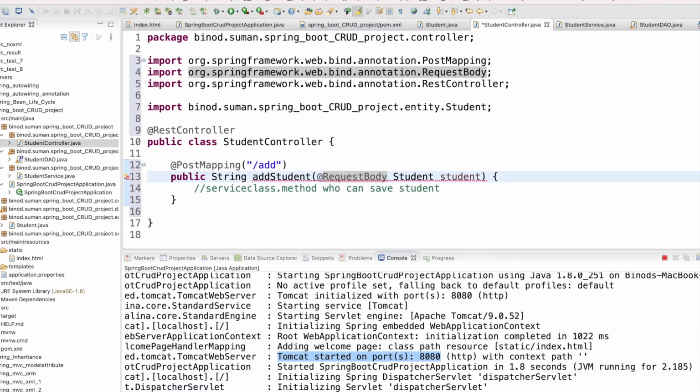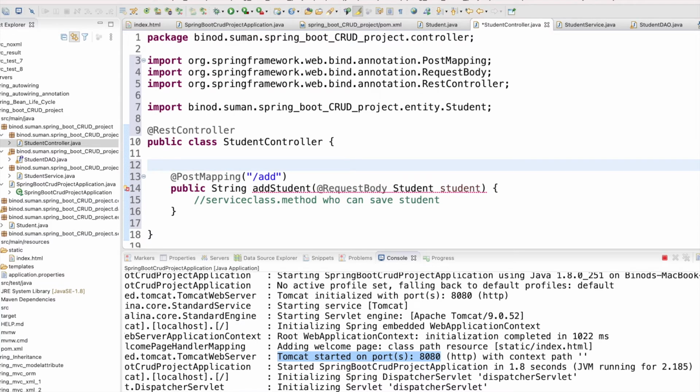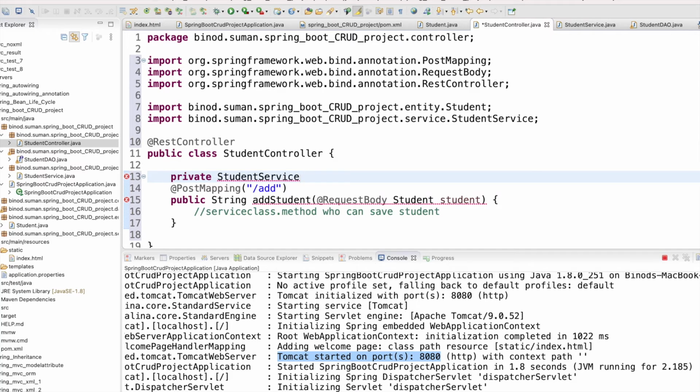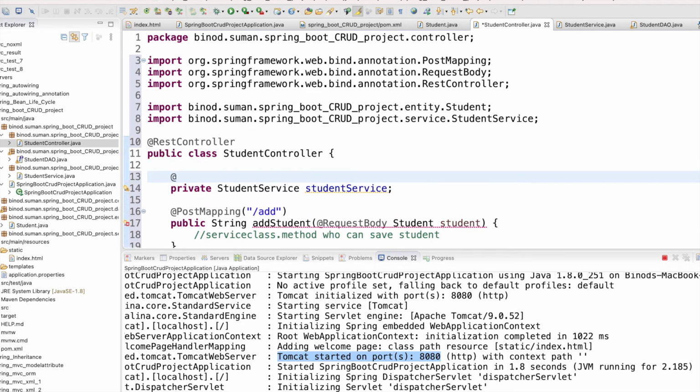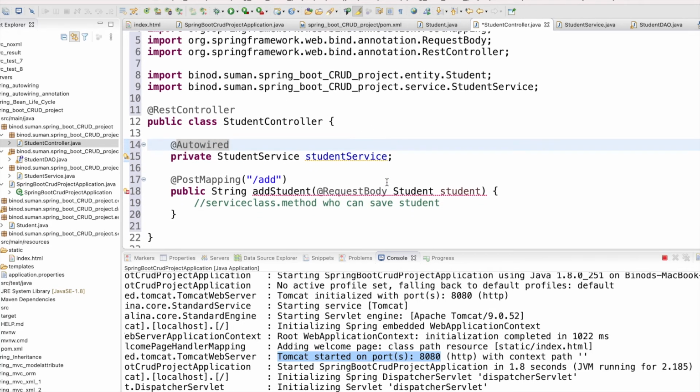Now come to the controller part, right? In the controller, first we need the service layer in our controller class. What is our service layer name? Student service, right? And also here you can do the auto wiring, and Spring Boot will take care of everything.